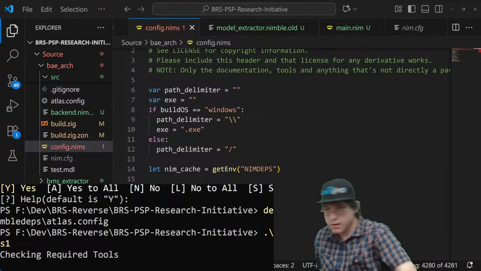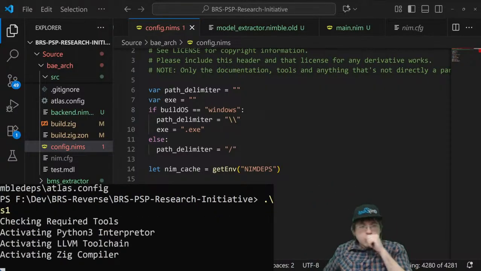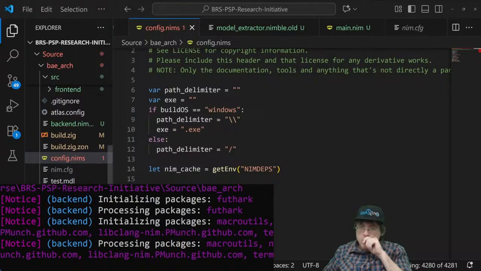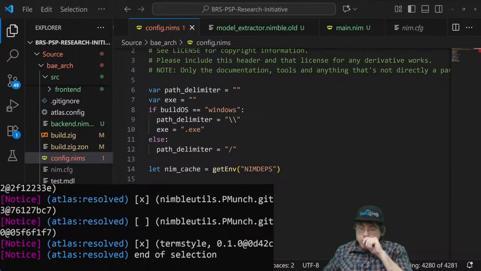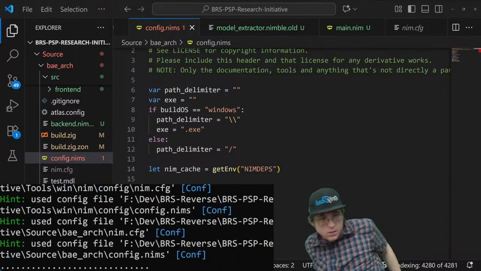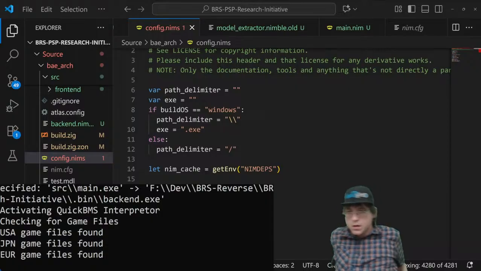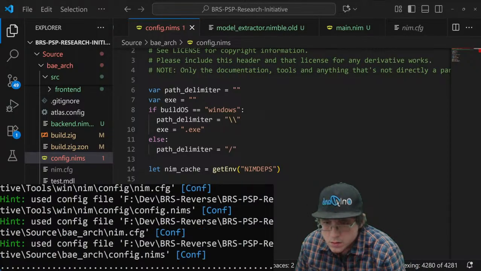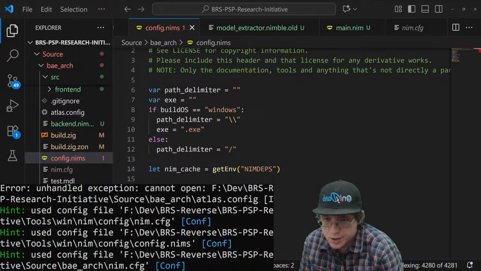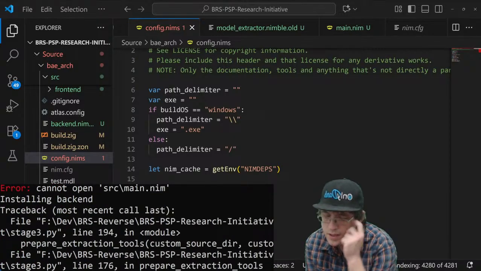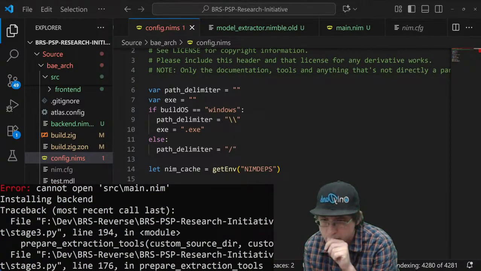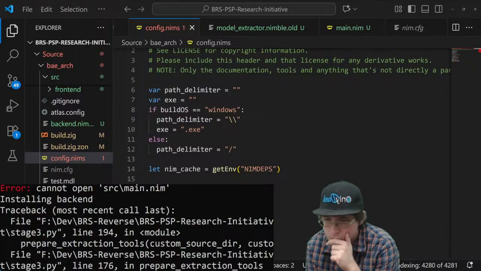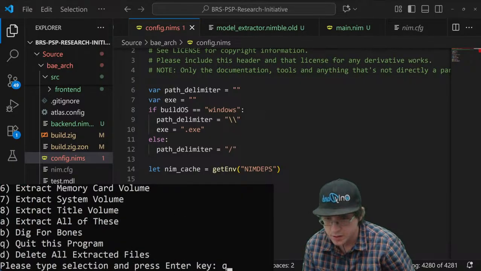Try it again. Cannot open source main. Why is it looking for source main? That's so weird.